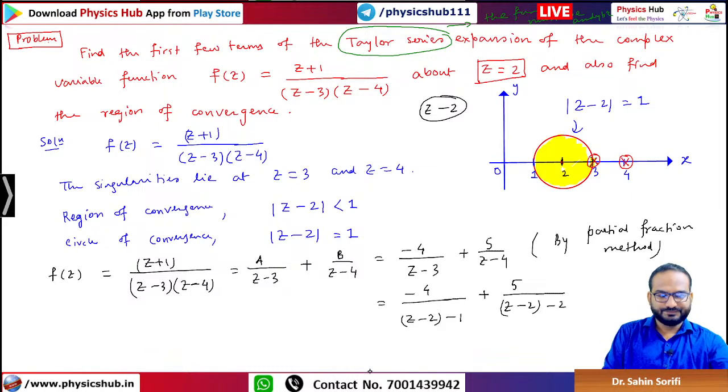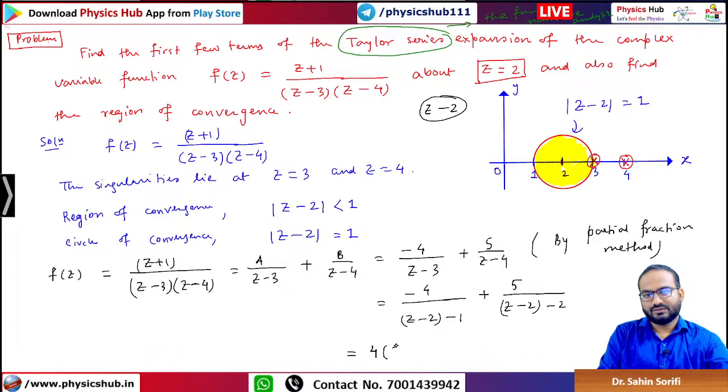No issue in this. So this becomes, if you take this minus 1 common, because |z minus 2| is less than 1, this is the criteria. So you can take minus 1 common, so minus minus plus, so 4 times (1 minus (z minus 2)) inverse